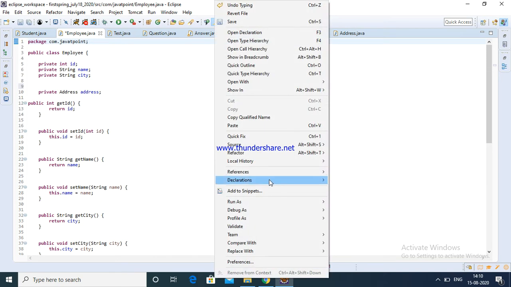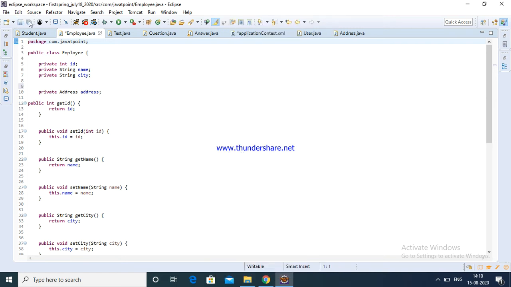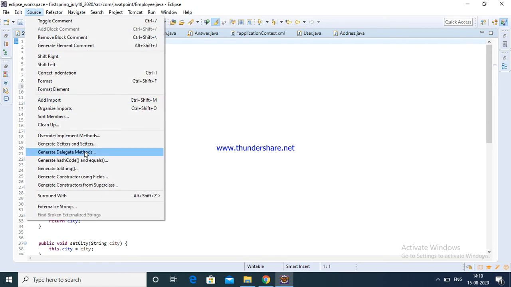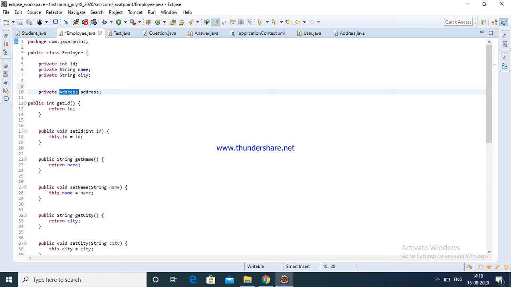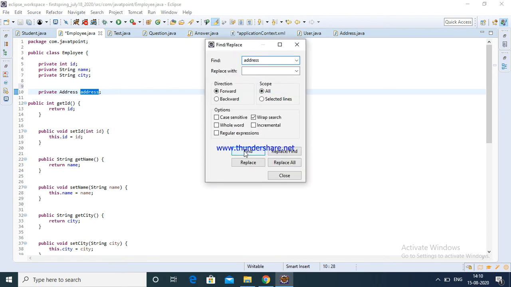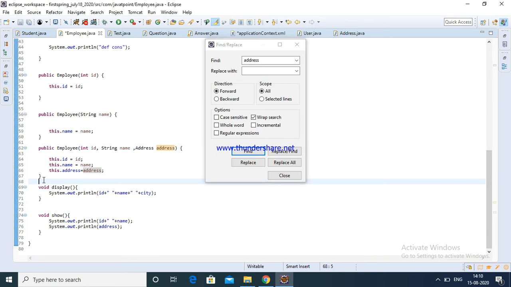Now right click, save all. Go to source, generate getters and setters. Already created. Now I am going to see whether they are already created or not. See here, the address constructor is created.